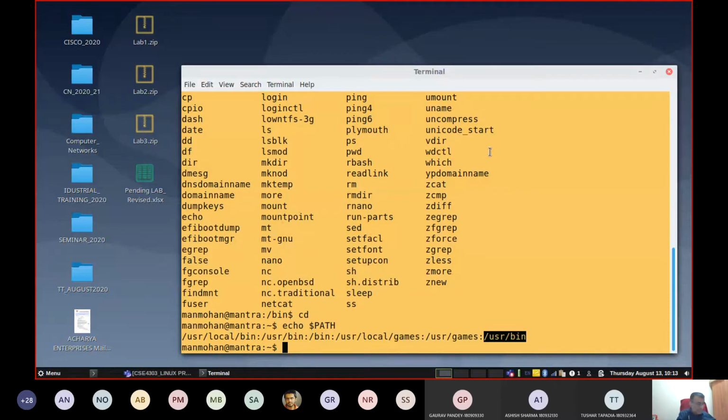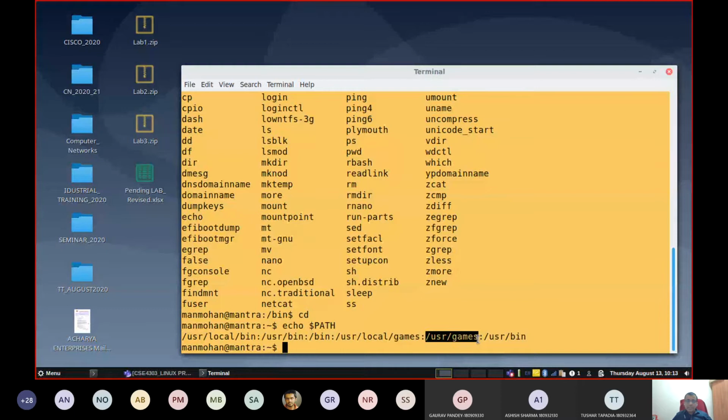Whenever any user enters a command on the command line, the operating system will automatically look into this path. Initially it will try this. Say if you type date, the shell program bash will search for the date program in this folder. If it is available, it will execute it. Otherwise, it will try this folder. Otherwise, in this order, it will look into the next folder. Again, if the file is not found, it will search the next entry, and the next entry, and so on.